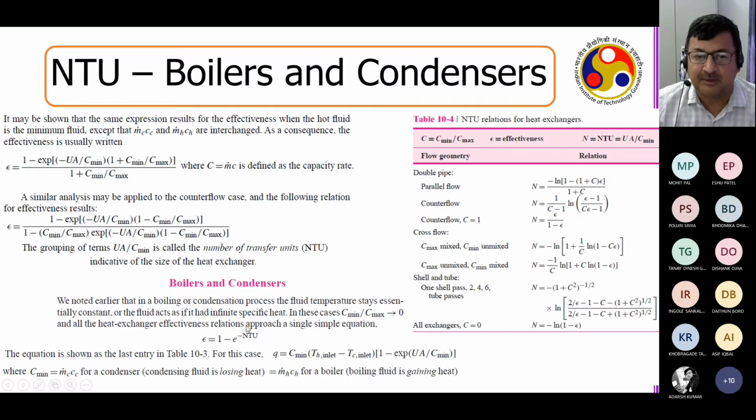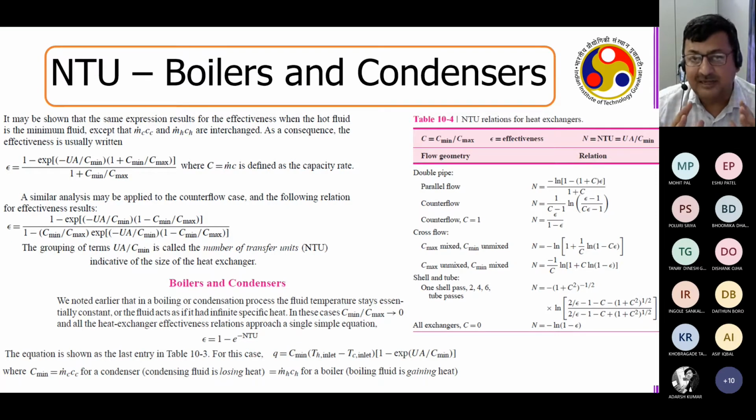Once you figure out the number of transfer units, you can calculate the effectiveness factors for boilers and condensers using this sort of equation. Essentially, what am I trying to say? The effectiveness factor will decide how efficient your design is, whereas the number of transfer units will decide how optimal your design is. What minimum number of